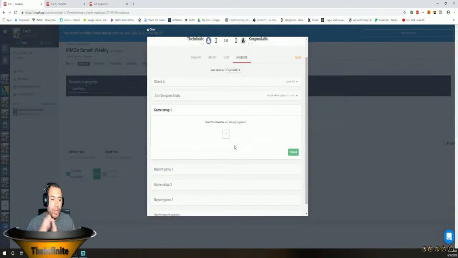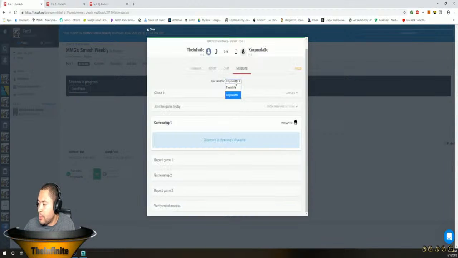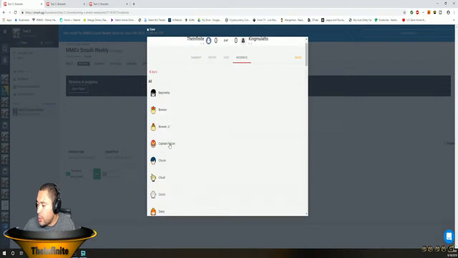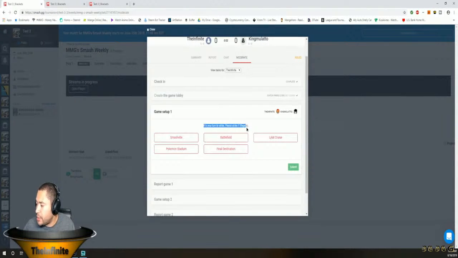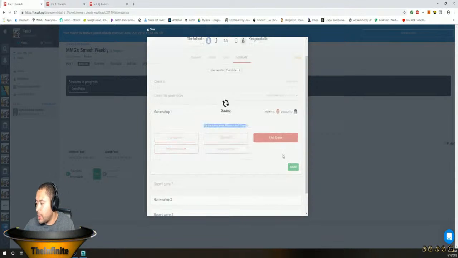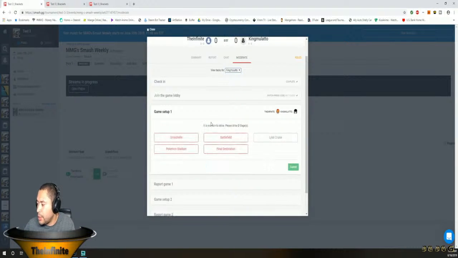This system will generally prompt you to do everything along the way, so you don't have to think too hard about things. Now, it's telling you to select a character for game 1. We're just going to click one character and get it started. I'm going to choose a different one because they can't both be the same. Awesome. Now it says it's my turn to strike one stage, so I'll strike one stage. My opponent will strike 2 stages, as you can see there. Let's do these 2. And then it'll be back to me. I'll strike one final stage. We'll do that one,